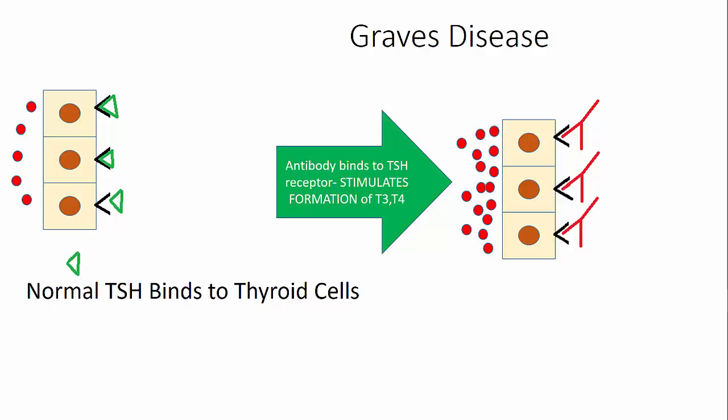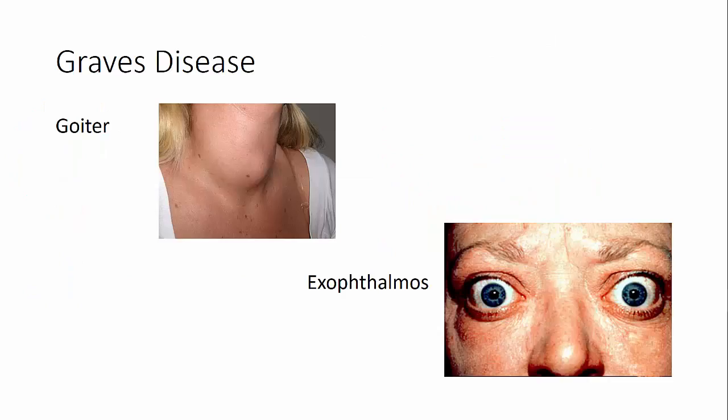And this stimulates the formation of T3 and T4 independent of the TSH levels. Along with this hyperthyroid state, this excess production of thyroid hormone, Graves' disease is marked by a diffuse swelling of the thyroid gland, or goiter,